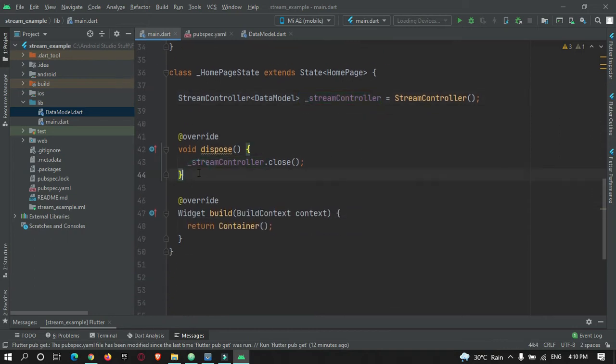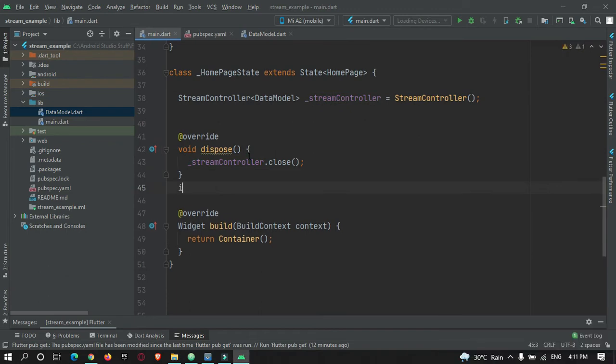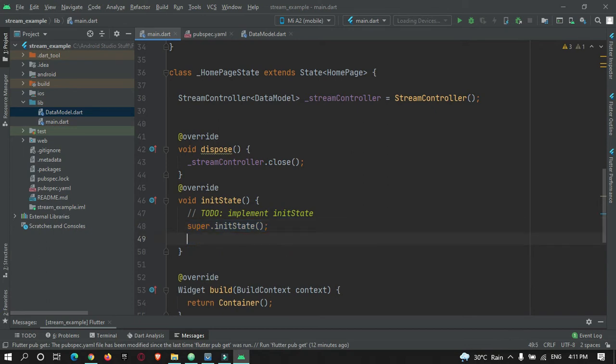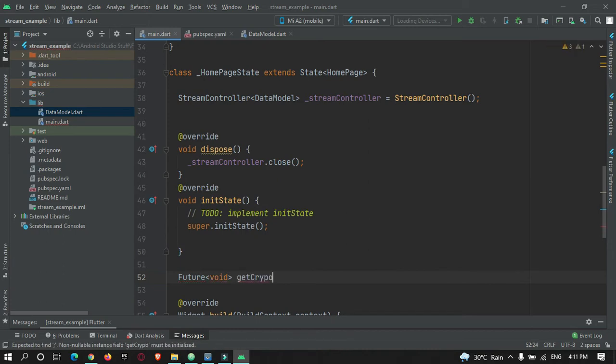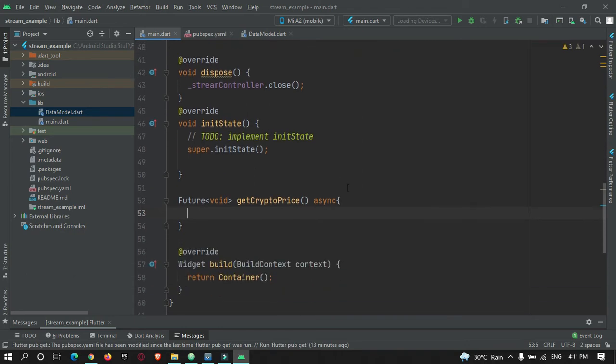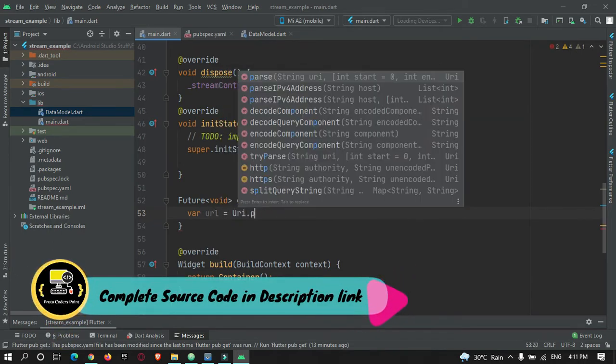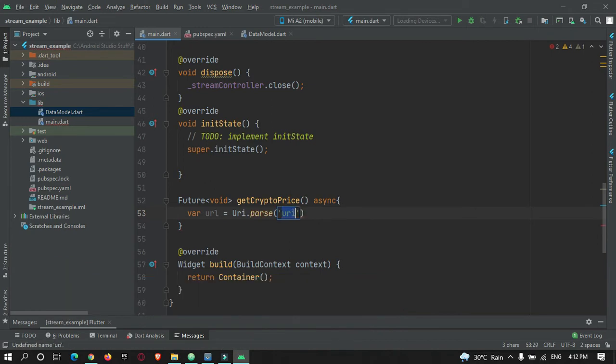Okay, then in initState, here we need to call a method. So let's create a method over here. So inside this method we need to make a call to our API. So let's create a variable url is equal to Uri.parse, and here you need to paste your API URL link.